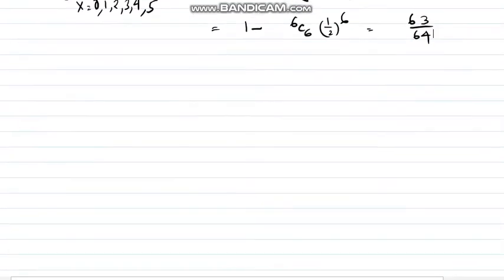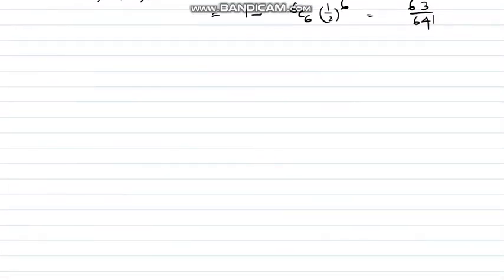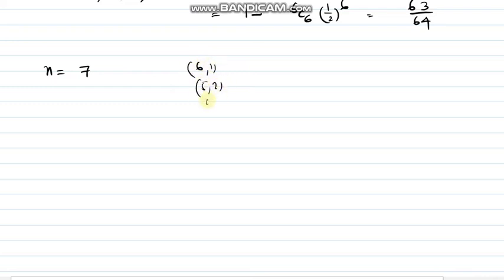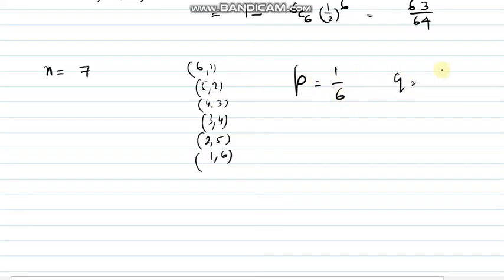Right? So if I proceed to the next example, I am throwing a pair of dice 7 times. So my n equals 7 here, right? Getting a total of 7 is considered a success. How many ways can I get it? 6,1; 5,2; 4,3; 3,4; 2,5; 1,6. So 6 ways. What is the success probability here? 1 divided by 6. Failure is 1 minus 1 by 6, that is 5 divided by 6.